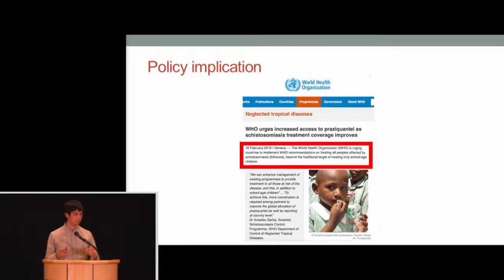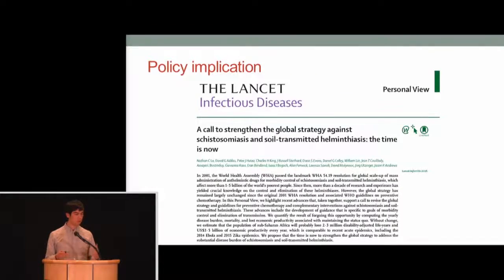The policy implication has been a lot of conversations with NGOs and the WHO. Last year, the WHO revised their strategy to focus on adults for schistosomiasis, which was nice to see research translating into policy. But this is still not quite the full revision of the global strategy that we're hoping to work on between the academic community and policymakers. We also recently co-authored an article including many people across NGOs, USAID, WHO, to call for a strengthening of the global strategy, incorporating a lot of the results I talked about today, but also results from many other groups, both in the NGO sector as well as in the academic sectors.